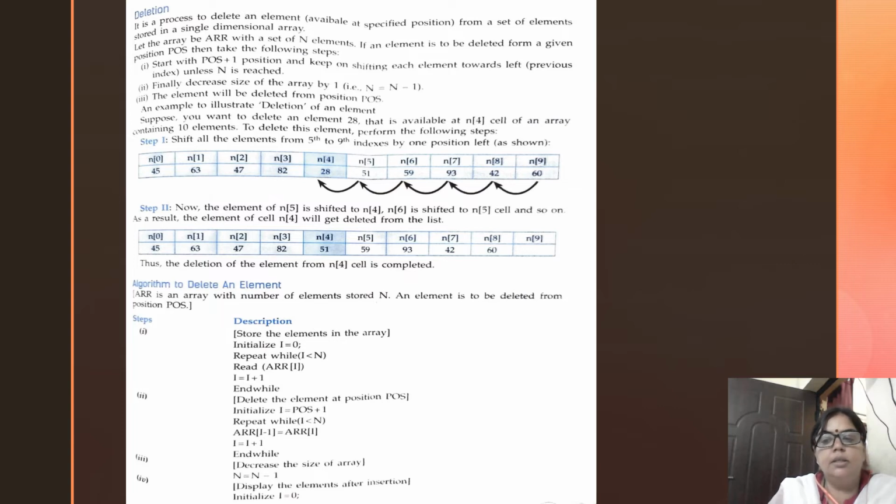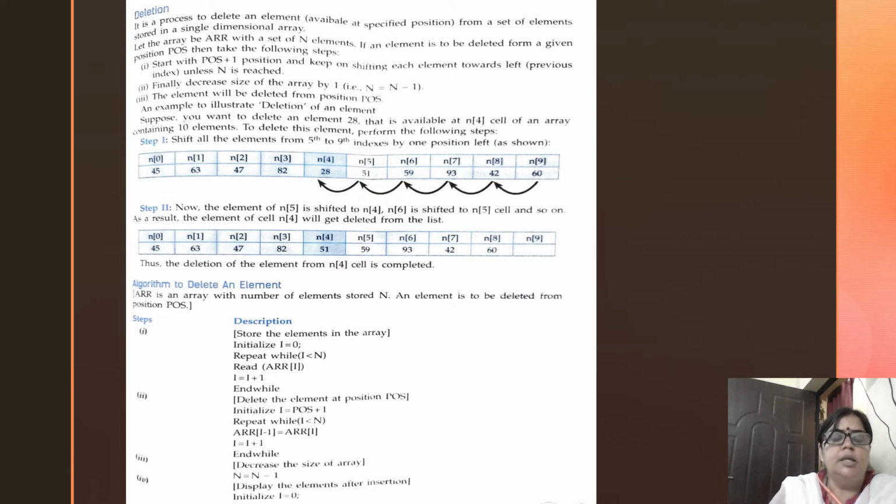In deletion, the size becomes n minus 1, and the element is deleted from the position pos. Here is an example to illustrate deletion of an element. Suppose you want to delete element 28, which is available at the N4 cell of an array containing 10 elements.